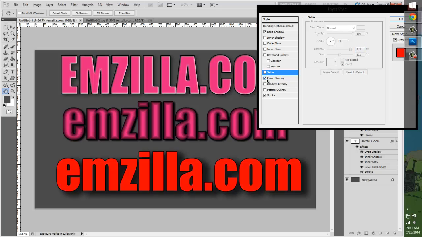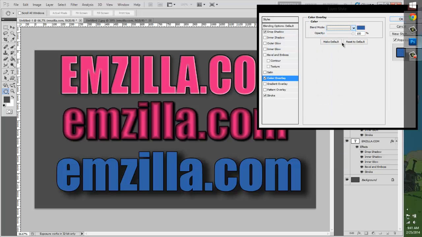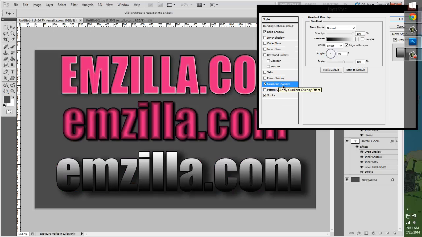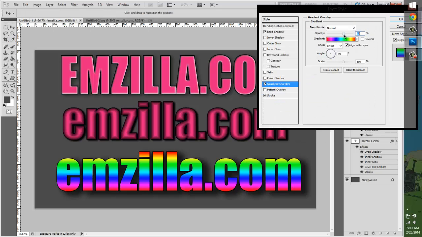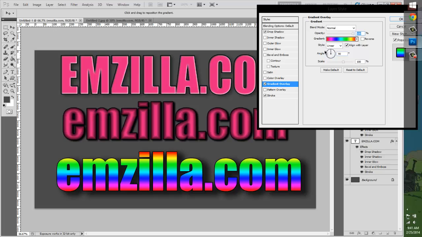Then there's the color overlay, which is exactly what it sounds like. It can change the color of your text, and you can change the opacity, the blend mode, all these neat things here. There's the gradient overlay, which is also exactly what it sounds like. You can change how this looks like a rainbow. Change it to overlay or soft light or normal, high opacity, and just have it be super wonderful. There's the pattern overlay,